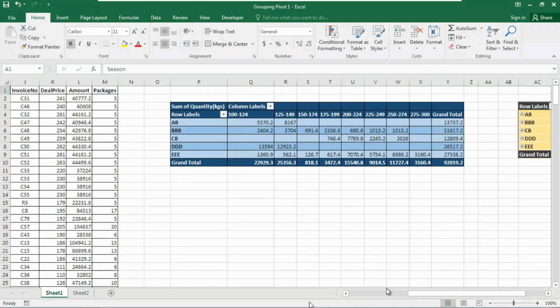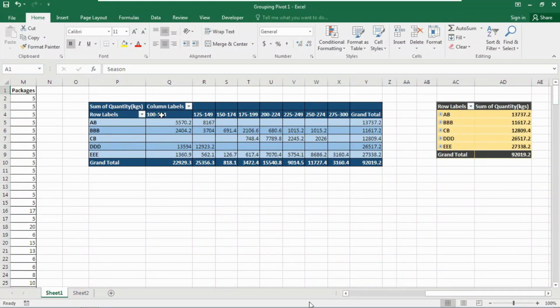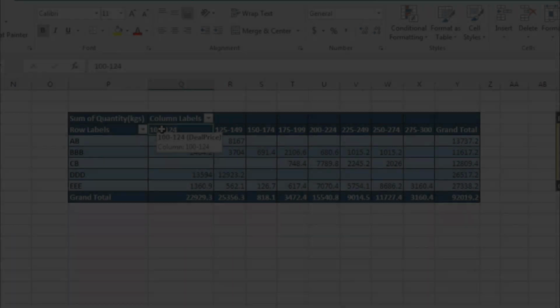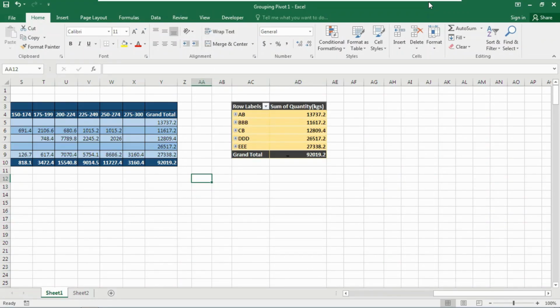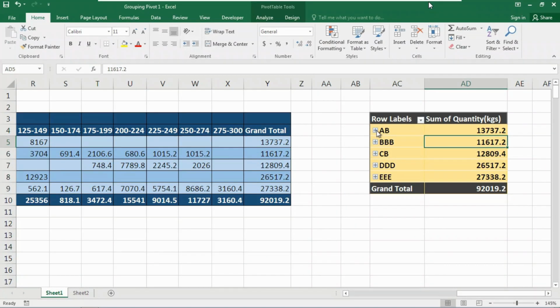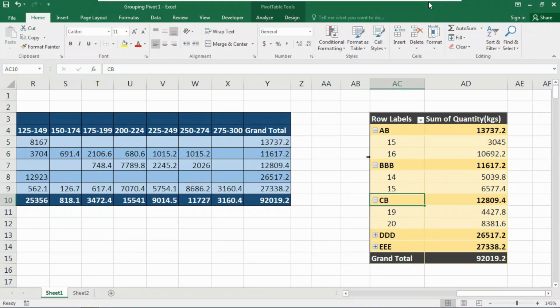So in today's video we are going to learn how to group your pivot table data and organize them properly to improve the visuals of your pivot table. Like I have created here, you can notice that this is the column of deal price, which I have switched into some columns that have numbers between 25, like 100 to 124, 125 to 149, and so on. And in this pivot table report you can notice that I have some plus symbol here, that if I click on here it will expand and show you the data according to the row labels, right?